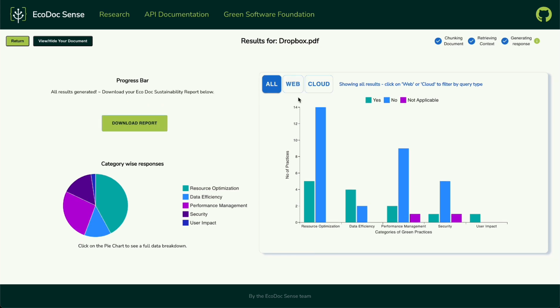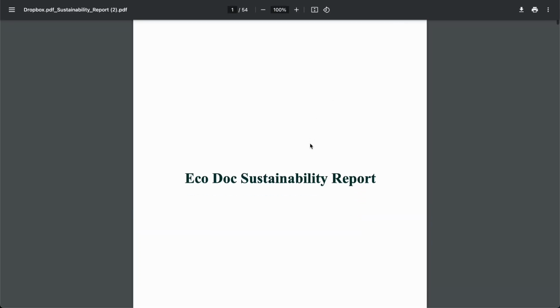So finally we have reached the end of analyzing the document, and now in place of the progress bar we have a download report button, which allows the user to download the final output of our tool, which is a sustainability report. So I'll go on to download this. And as you can see,